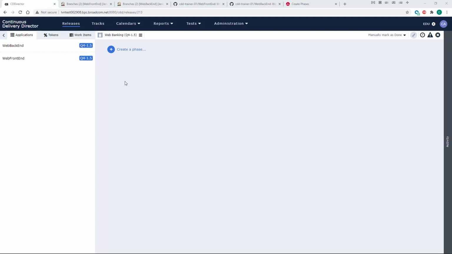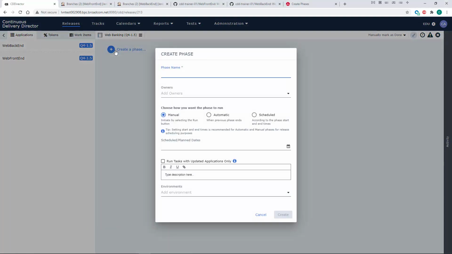We're now ready to create the first phase for the release. And we have 4 phases for this release: CI, UAT, Verify, and Production. And to get started, we'll click Create a Phase. The first phase we're going to create is the CI phase, so in the phase name field, we'll enter CI